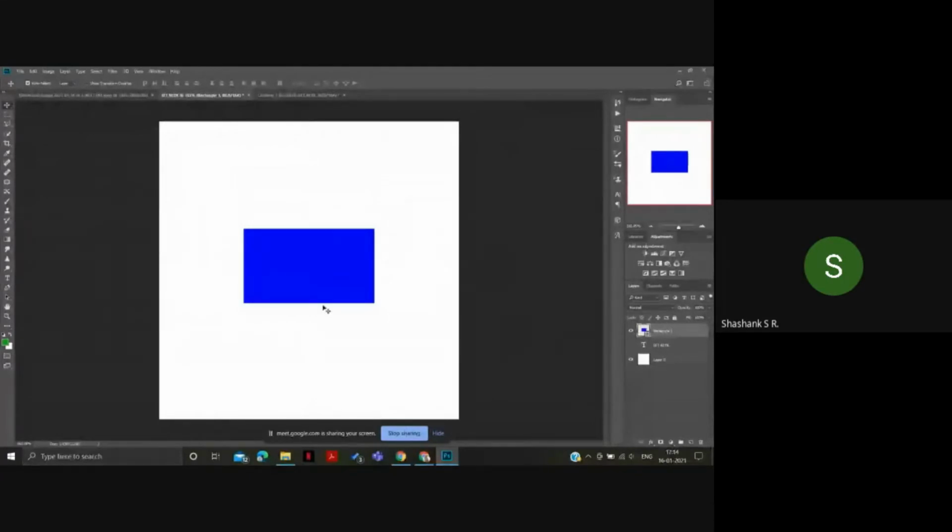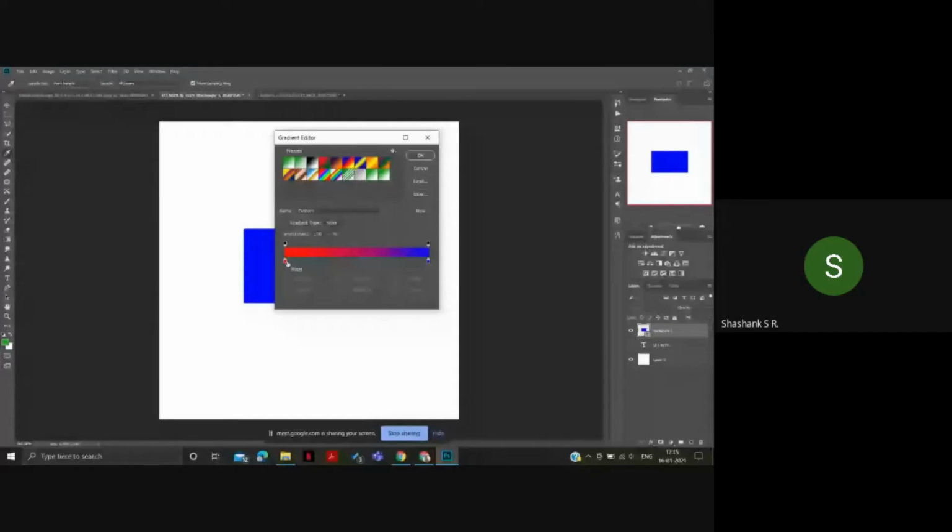And I'll be telling you what a gradient tool is used for. So this is the gradient tool icon. You have to click on this, and on the upper part you will be able to see the picker tool of the gradient. You can choose whichever you want. I'll be choosing this, and then you can see that there are four boxes here. The upper ones are used for location, like how much color you want on the screen. I'll just show you.